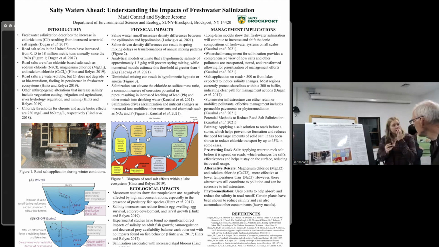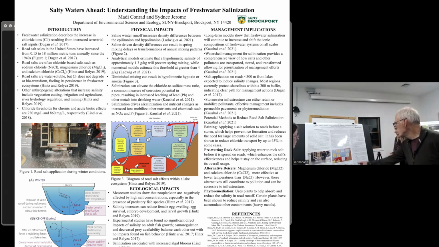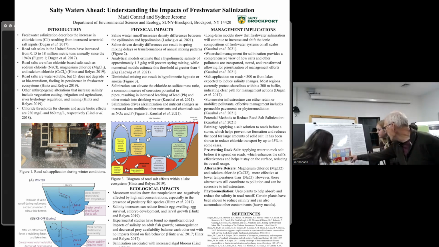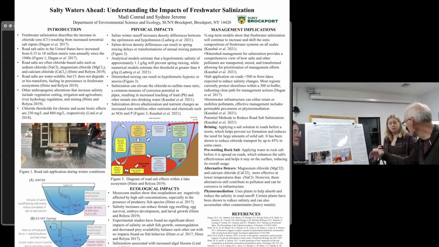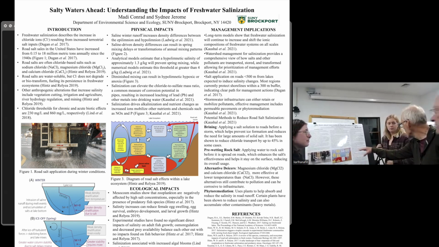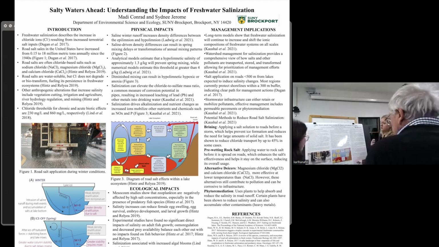Can I just ask a question? This red circle here, that represents a high density set of water. Its density increased because of all the salt. And that's interfering with the food web? Is that basically what you have? Yeah, it is interfering with the food web for a couple different reasons.